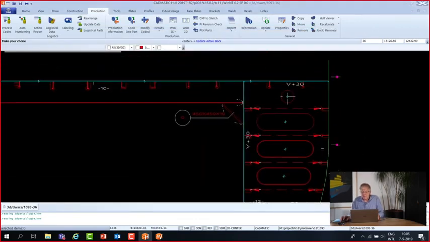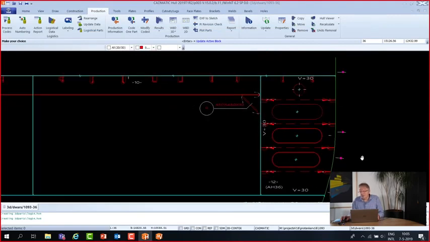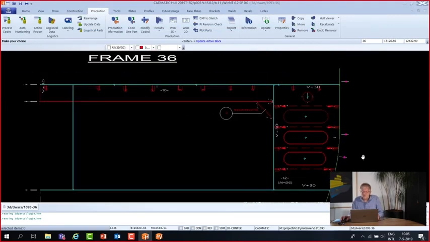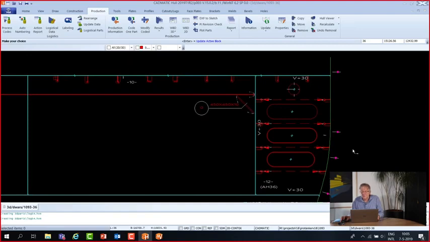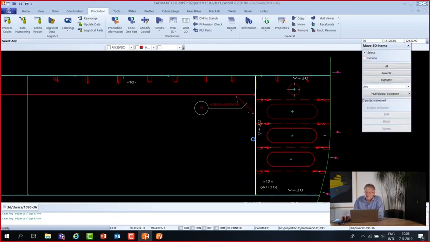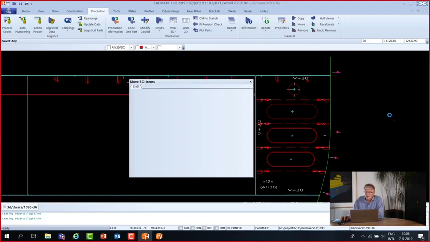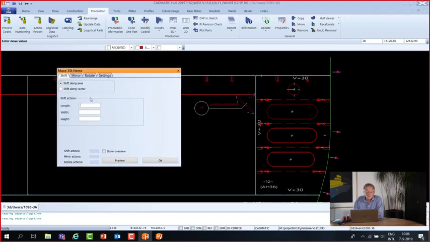Alright, shipbuilding is full of changes, and one change could be that the contents of the tank is too small, so that this bulkhead has to be moved to get more volume. So let me show that. I select the bulkhead, and I want to shift it 250 millimeters inwards,